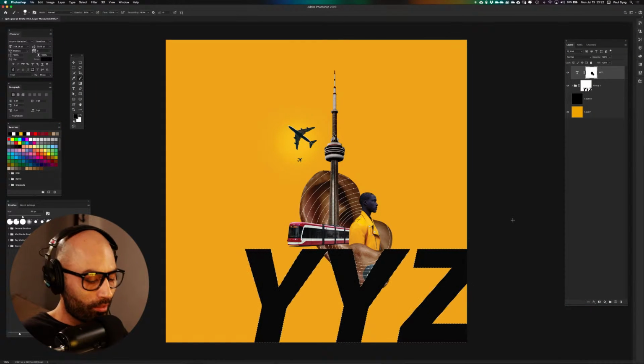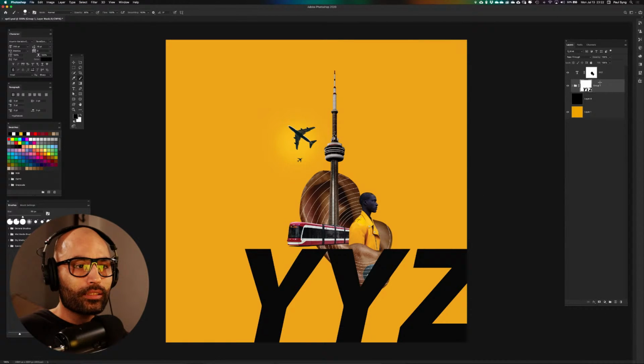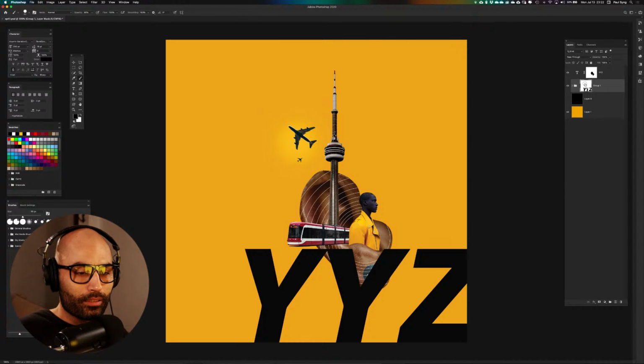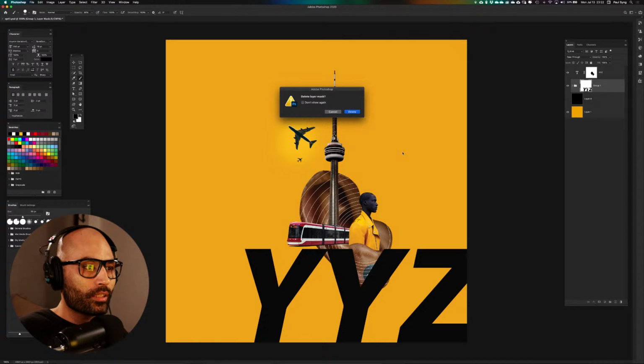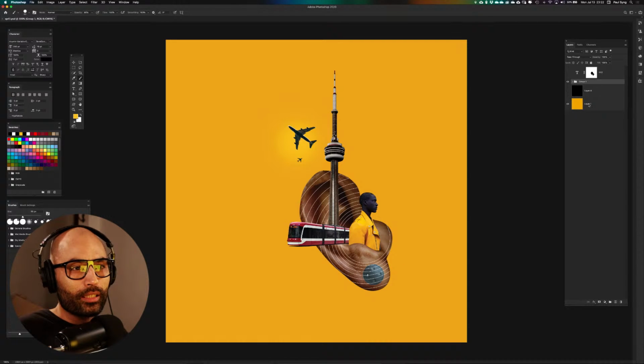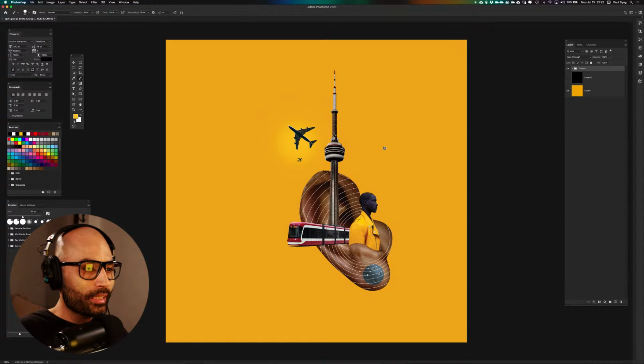I think I'm not gonna even do the text. I feel like in this situation, the text is a bit of an overkill. Delete layer mask. And then let's get rid of that. Yeah, I think this specific text was a bit of an overkill. What I could do instead is,